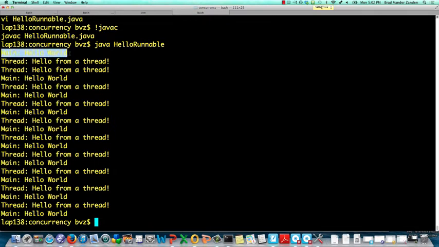So initially main has the floor and it prints hello world. It then sleeps for 10 milliseconds, allowing the thread to get the processor, and it prints hello from a thread. Now the thread sleeps for 10 milliseconds, but you see that it actually gets awakened first and prints out its second hello from a thread message. Then main, hot on its heels, gets awakened and prints hello world,